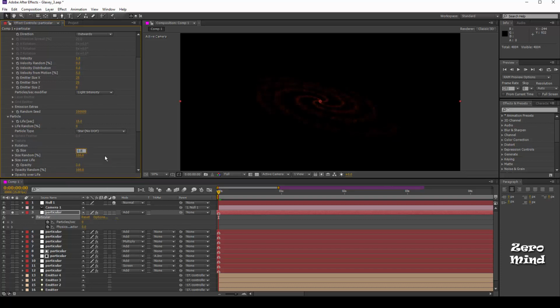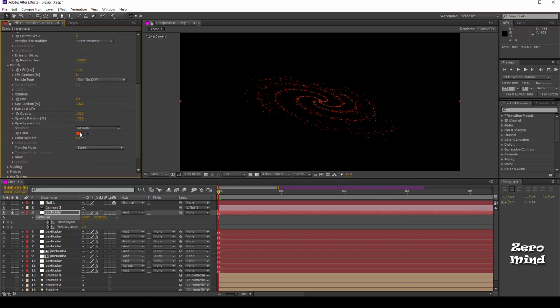Size around 0.5, let me give 0.8. Opacity 100%.